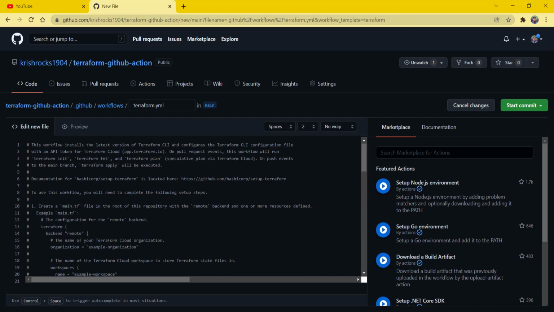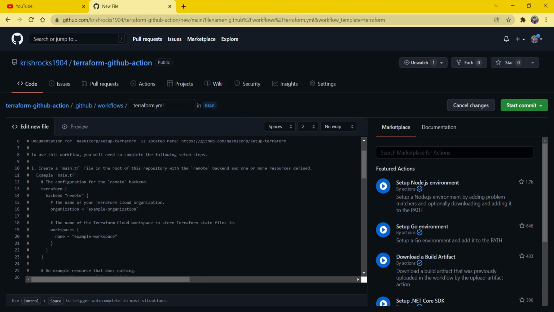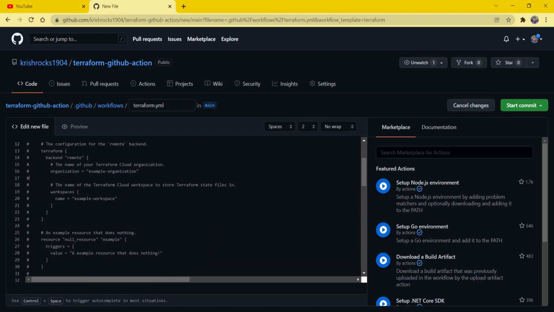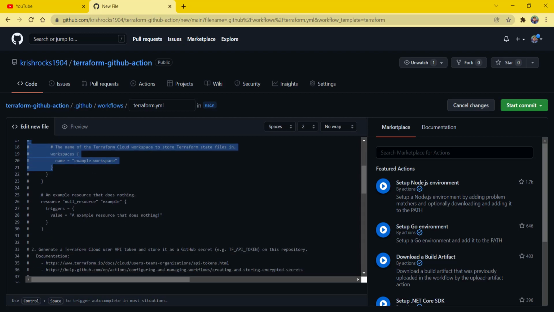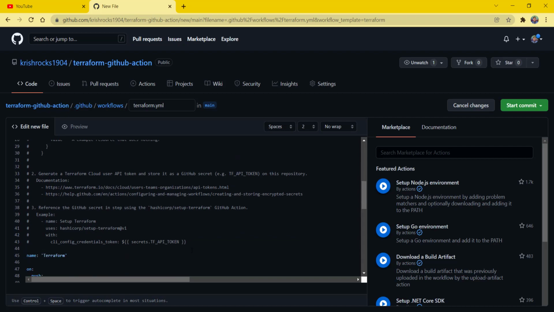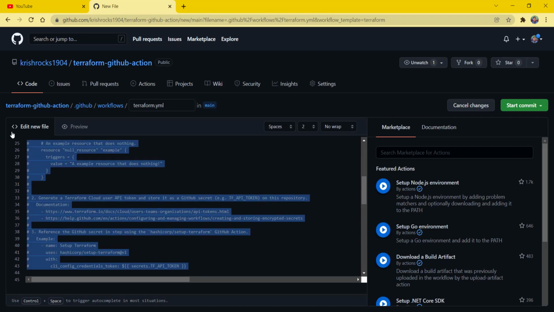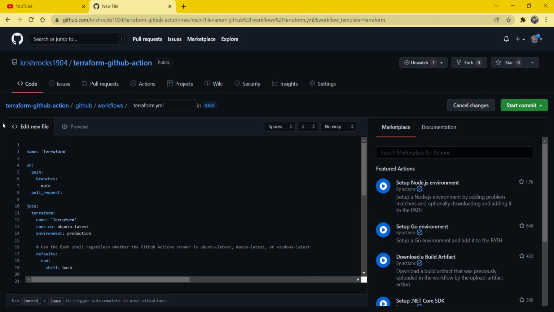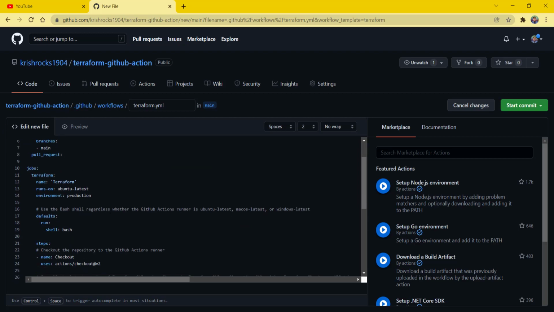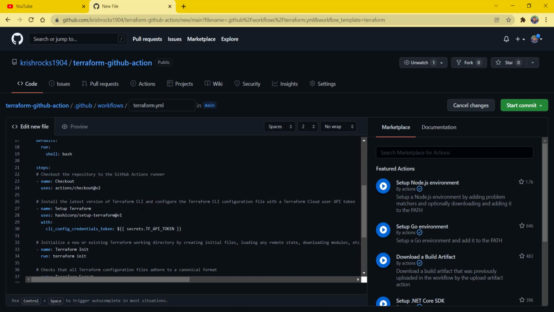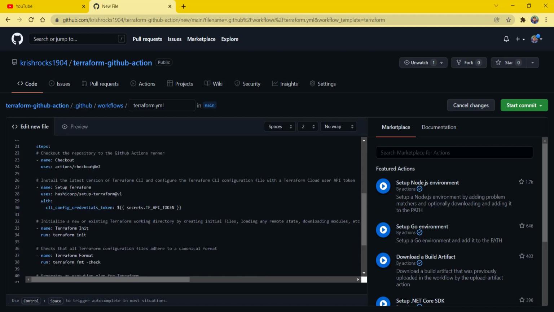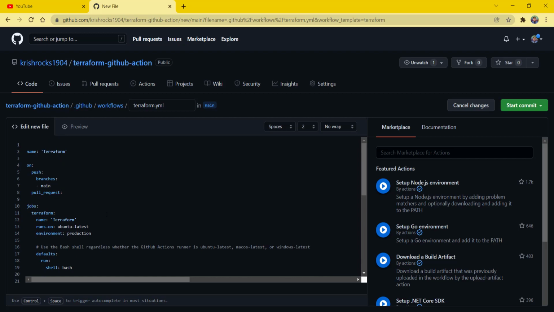Now it has given you the details of how it's going to work and the simplest code which you can use. It has also given you the code which you can use to deploy or test this particular workflow, but we already have the code, so we are not going to use this. I'll just erase it, and let's check this particular code into our repository, and then I'll explain what this template means. So once I say check-in, it will create this particular file.